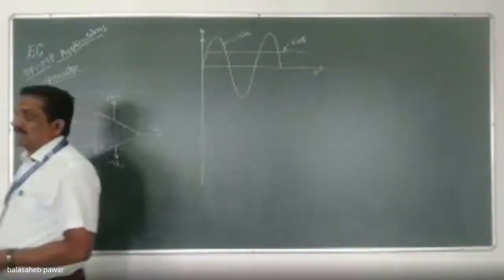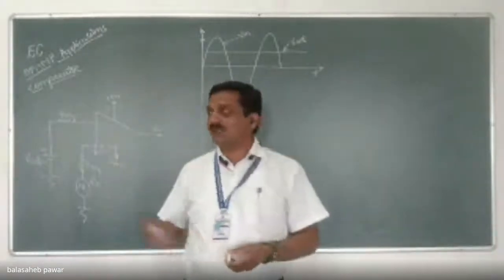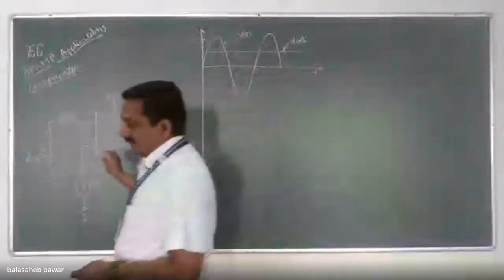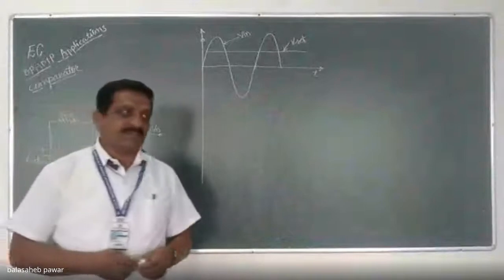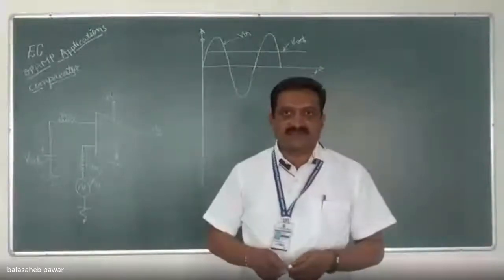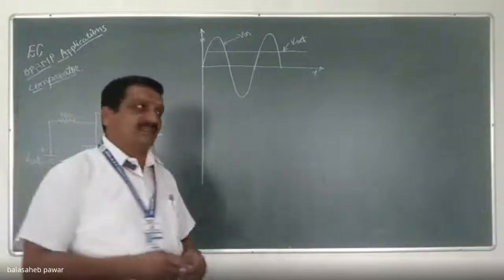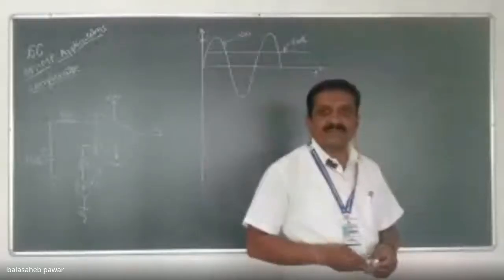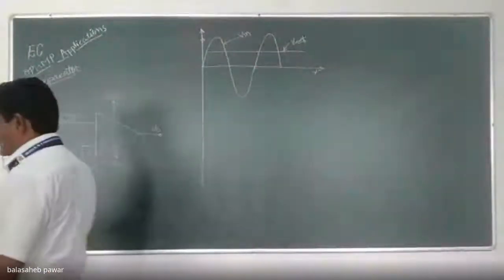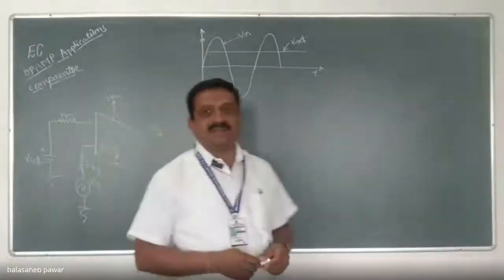Now see, as we know, the shown op-amp is in open loop configuration. Right now there is no feedback, either positive feedback or negative feedback. That's why we are calling it open loop configuration. In open loop configuration, the op-amp offers very high differential gain. For 741, how much is the open loop differential gain?